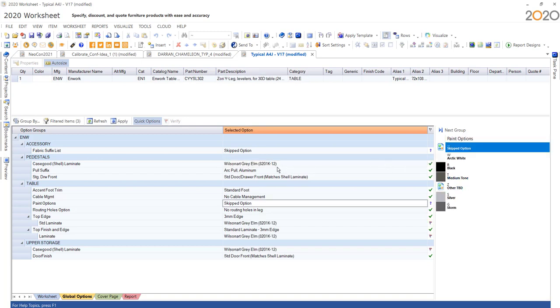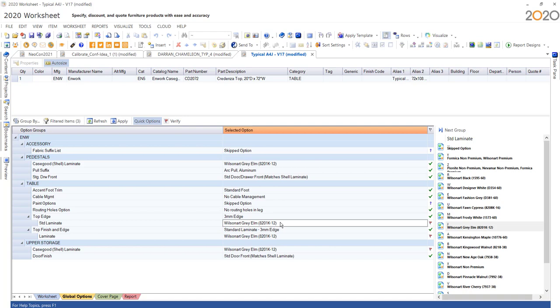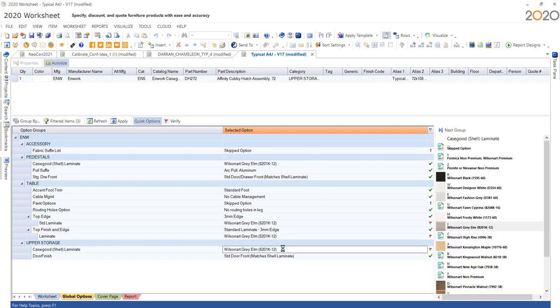You'll notice that once I've selected that, what global options does, and this is the best part, is it goes through the rest of my finishes, and if that finish is applicable, which in this case it was also available on the credenza top, and it's also available on the boat top, and it's also available on the affinity cubby. So in all of those instances, the software automatically recognized it. It's quickly optioning it to match. So all I need to do is verify that